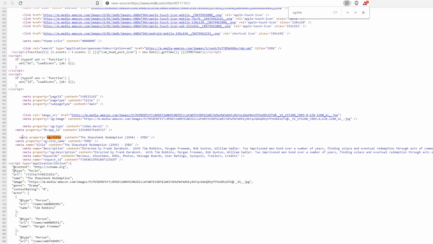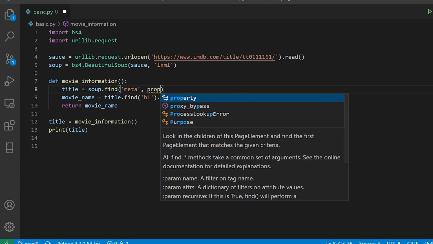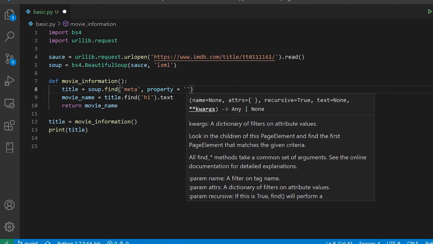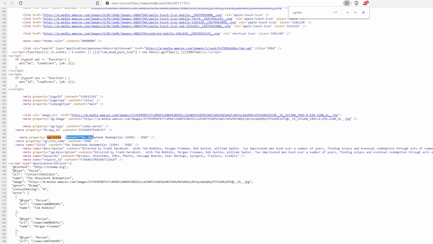So now I'm going to scrape using the meta tag. So what I'll do is I'll just get rid of this thing. Okay, not this thing particularly, but the thing that is inside this, and I'll extract using the meta tag. And later here I have to say the property which is equal to OG colon title. Now why I cannot use content? Because content can be same for many things, but this property is very unique. All right, and most of the websites use this structure with which you can scrape very easily.